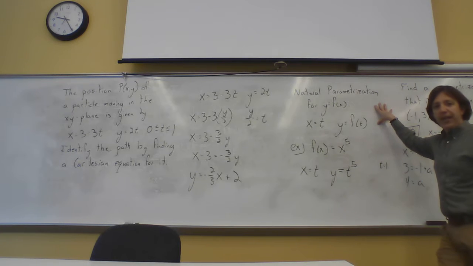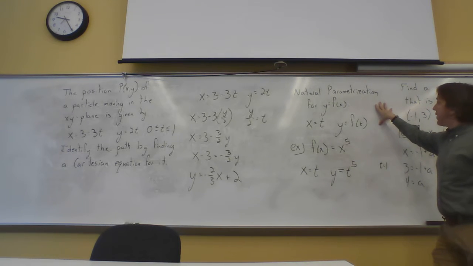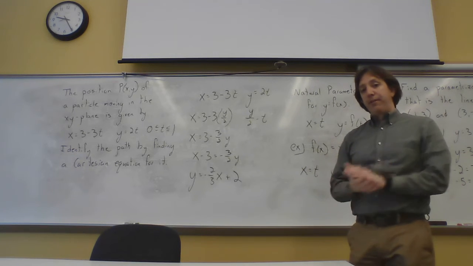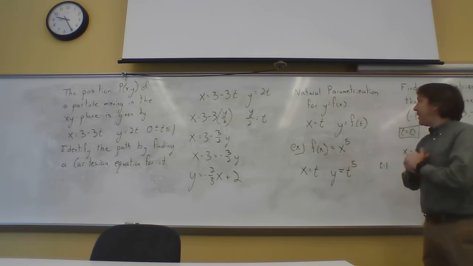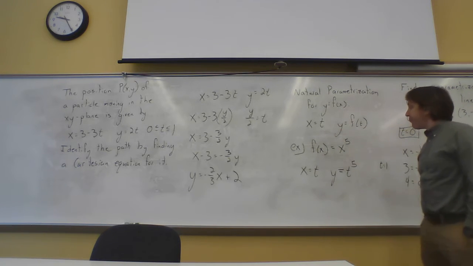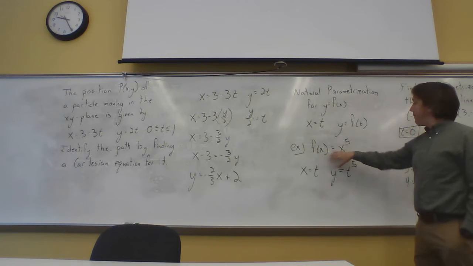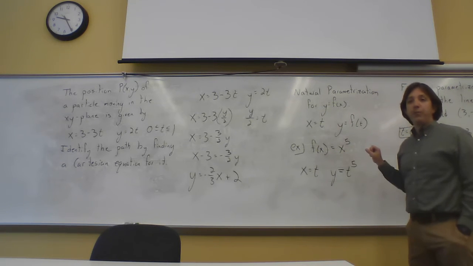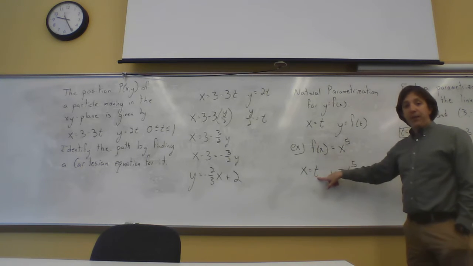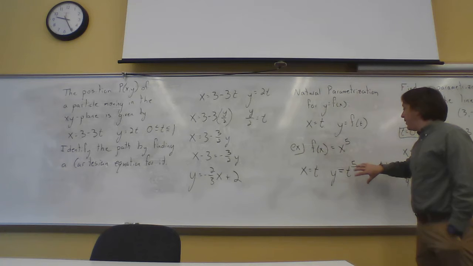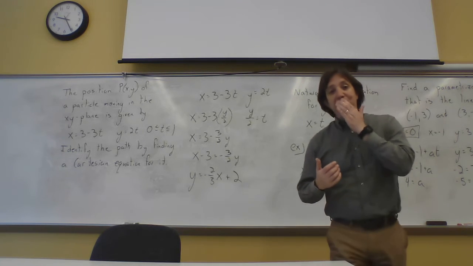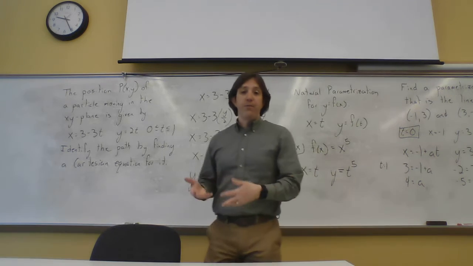parametrization for y equals f of x. So this is just a way to take a normal function and turn it into a parametric function. So basically, all we're going to do is we're going to call x t, and y is f of t. So as an example, if f of x is x to the 5th, perfectly wonderful function of x, we're just going to call the x parameter x equals t, and the y parameter will be t to the 5th. And so we have this, and it allows us then to have a direction of motion as t goes from